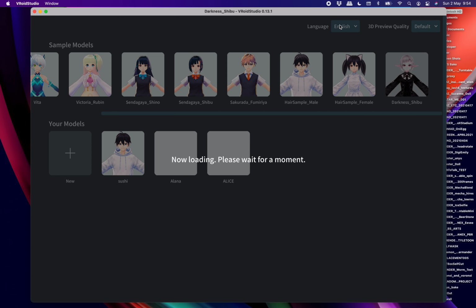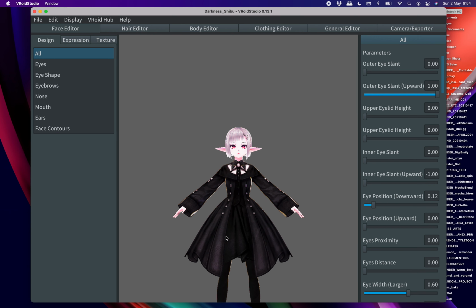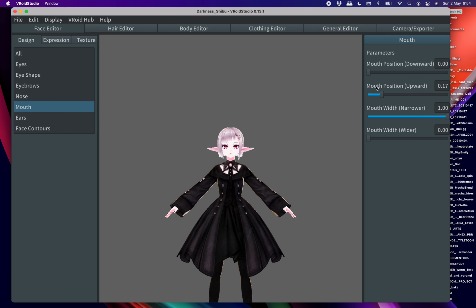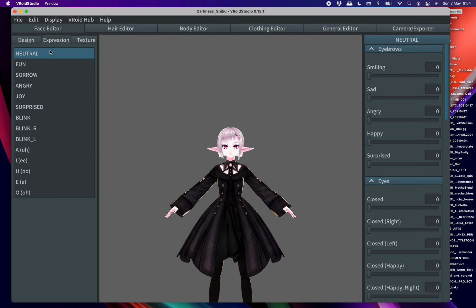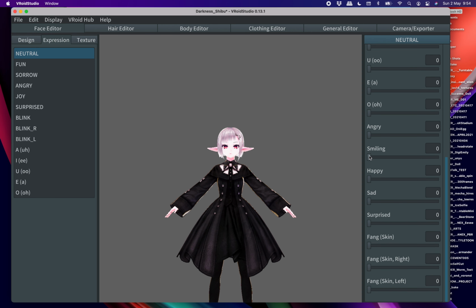Language is English, it used to be just Japanese. Okay, cool. It has some shirt simulations. You have a lot of controls to customize your character. Eyes, etc., eye shapes. Maybe I don't need to go through all of this. In my case, I just want to give an expression. It's a smiling eyebrow. So eyebrow, eyes, mouth. You just need to try this yourself. So I just make the character smiling,